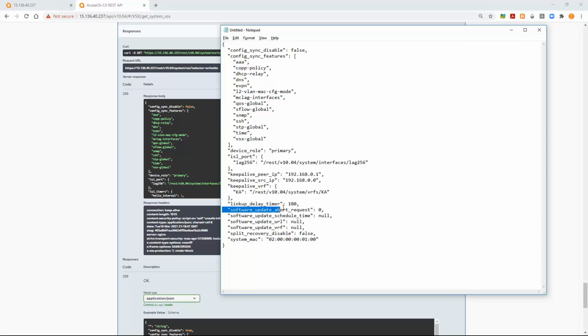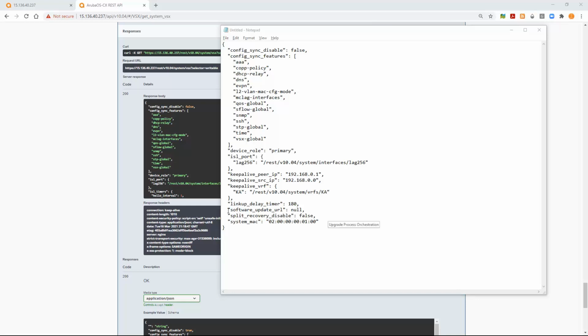I'm going to do an upgrade through the boot bank, and for that I don't need any VRF. And the boot bank that I'm going to use is the primary. So I already pre-staged the firmware in the primary.